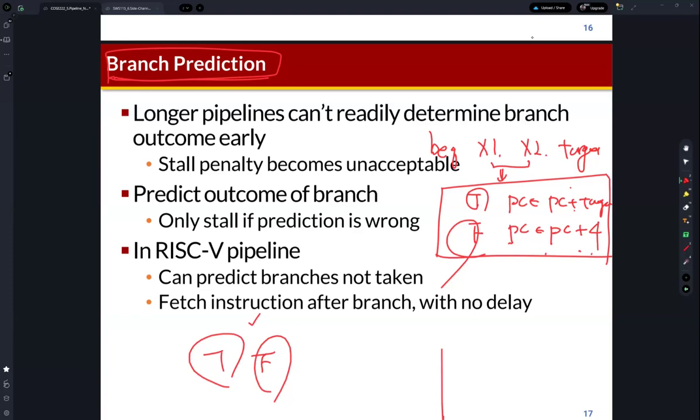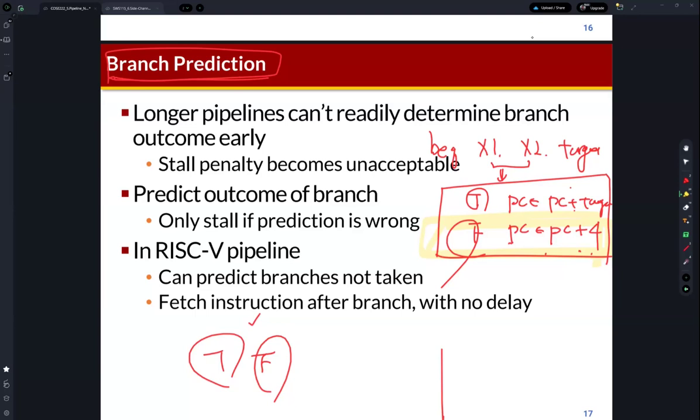Then this is the actual normal instruction execution, right? For normal instructions, the PC is always PC plus 4, right? So